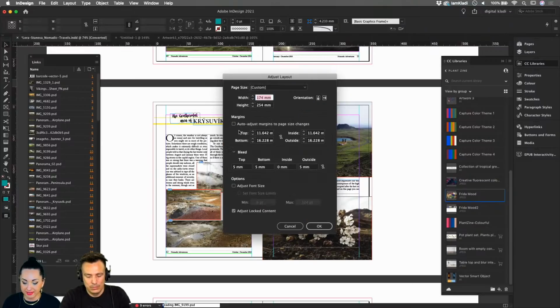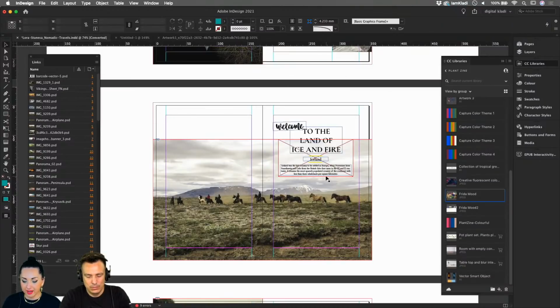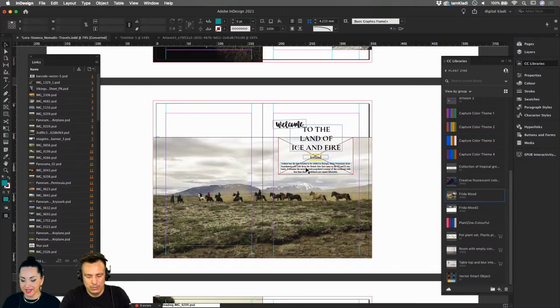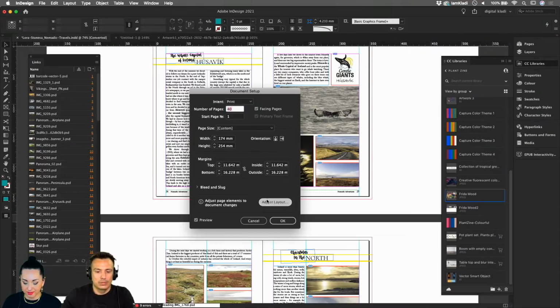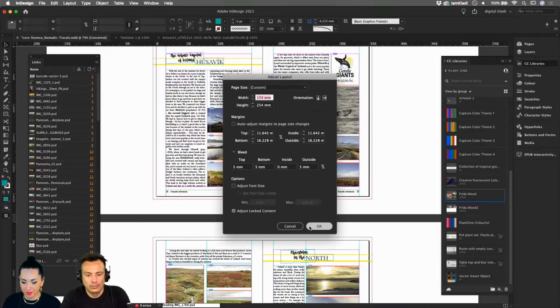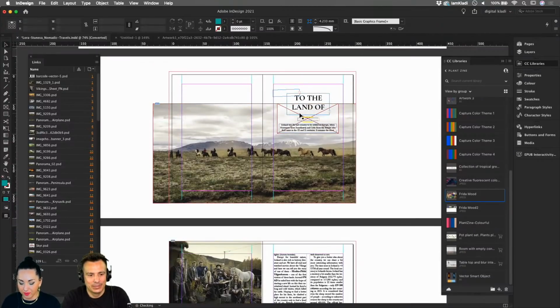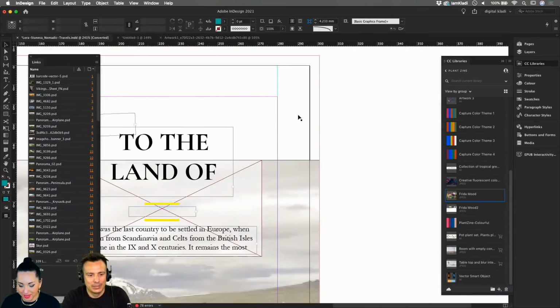So if I do not select Adjust Font Size, I'm going to go ahead and click on OK. You will see that when the file is actually resized, the majority of the font, let me see, it looks like I haven't done it. Here we go. Oh yeah, I haven't changed the size. That's why it looked like nothing happened. So I'm going to go ahead again and change it to 148 by 210 and click on OK. So we will have the scale, but can you see that a lot of fonts are pretty much missing, and you have this little plus icon that lets us know that the font is basically too big for the actual frame.